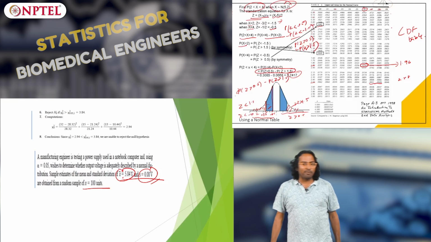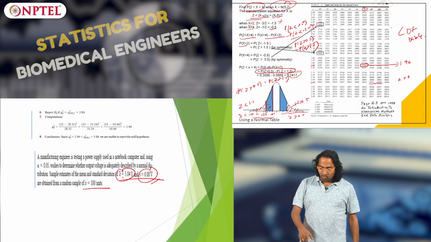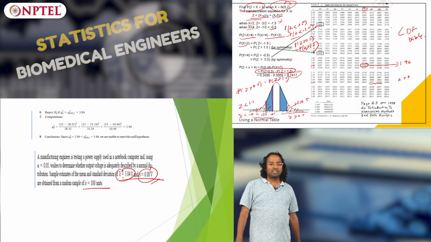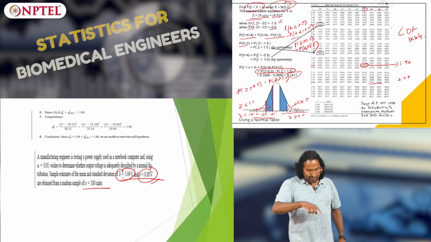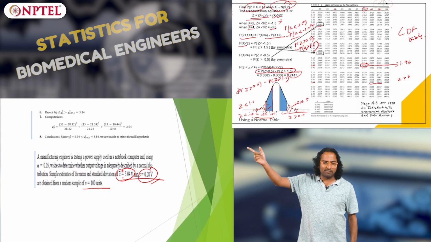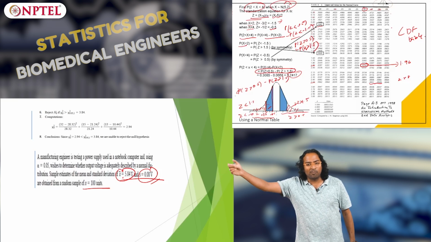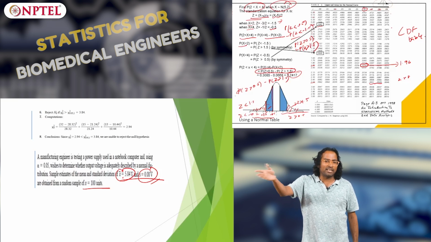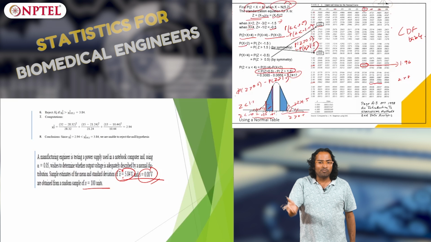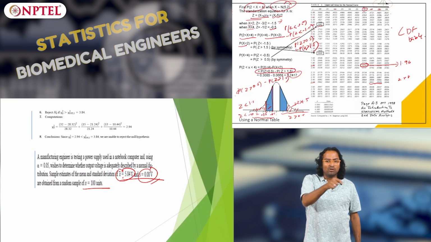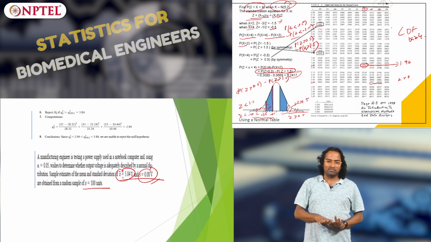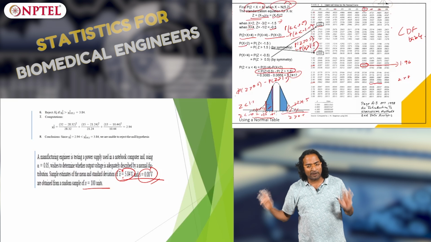No, it is not x bar minus mu. That is why I said look at the right hand side, x minus mu by sigma directly. Your sample variance will become the population variance, the sample mean is assumed to be the population mean, and x less than 4.98 is nothing but 4.98 minus 5.01 divided by 0.08, that is the z value. Now look at the z value, look at the probability values, multiply it with 100, you get the observed. Compute observed versus expected, the square deviation.